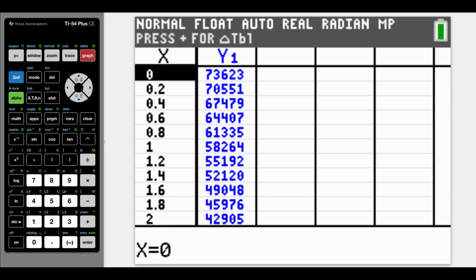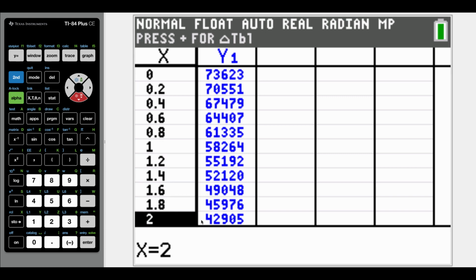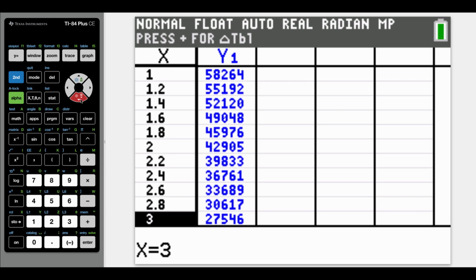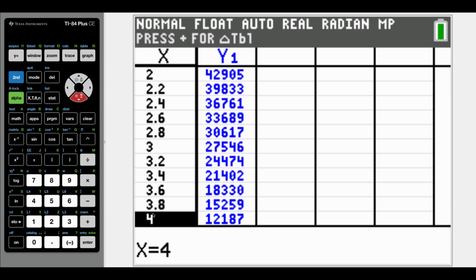And now if I go back into my table, let's say we wanted to approximate our sales at $2. Then we would need to find an X value of 2. And we can approximate the sales to maybe be about 43,000 if we do a little rounding there. Or if we wanted to approximate our sales at $4 instead, then we can arrow down to get our X value of 4. And that one ends up being just a little bit more than 12,000 units sold. So the main thing in here is that we can take this data that we were given and we can build a linear model based on that, and then use that linear model to help us predict things so that we don't have to go through and test every single